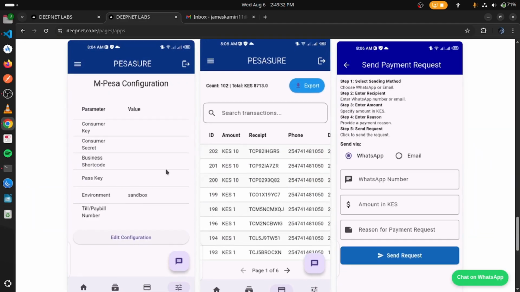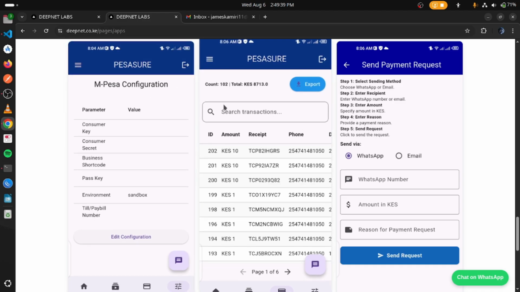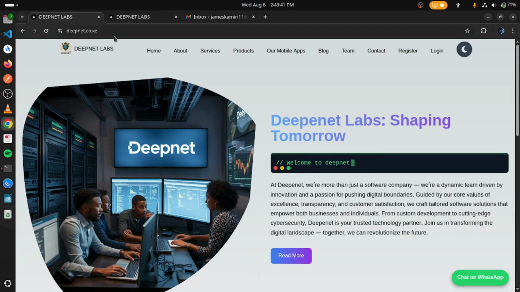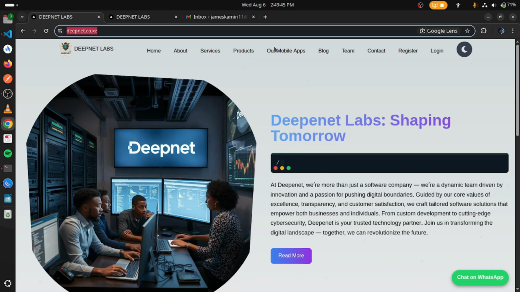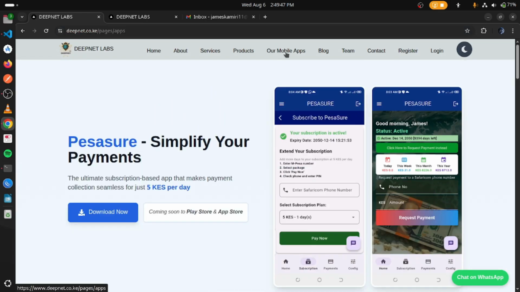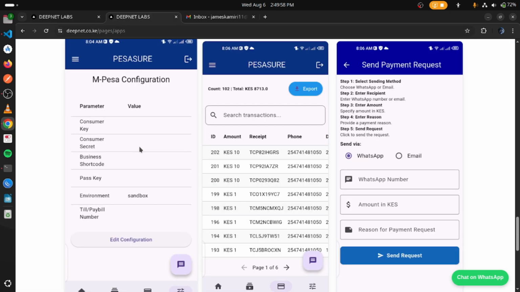The procedure starts whereby you have to key in your M-Pesa configuration. Before I proceed, if you go to this website, this is my website, and you go to the section written mobile apps, you'll be able to download the app. Right now it's not in Play Store, but if you have an Android, you can download it there and install. Once you install, you add the information which you get from M-Pesa Daraja: the consumer key,